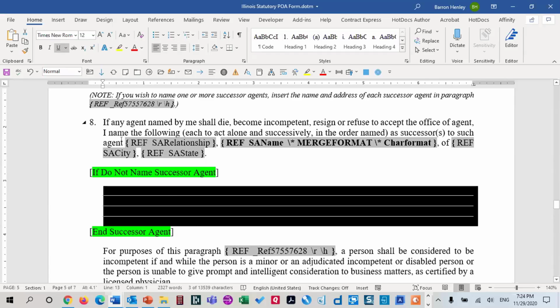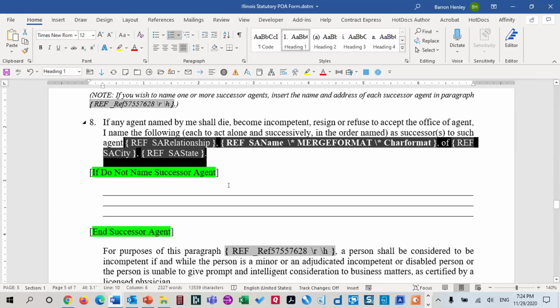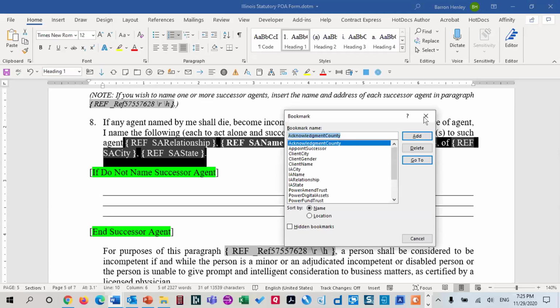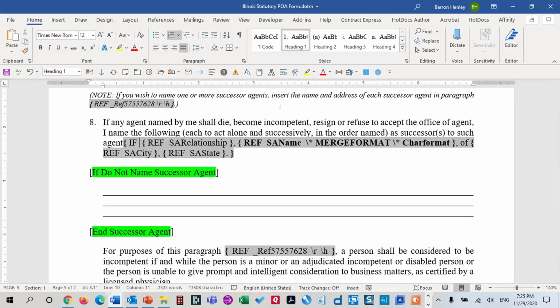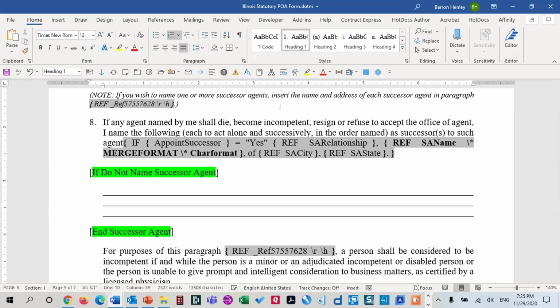So what I'm going to do is I'm going to select from here to here, and I'm going to make that conditional on a yes, and again, I called that appoint successor. So I hit Control F9, if Control F9, appoint successor, get on the other side of that, space equals space, yes, then put in space, relationship, name, blah, blah, blah, blah, blah, period. Okay? And then when I get to the end of that, which is going to be here, quote,